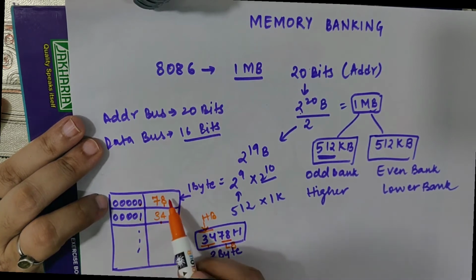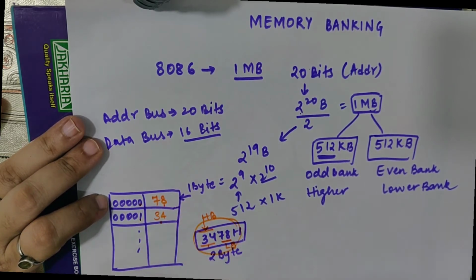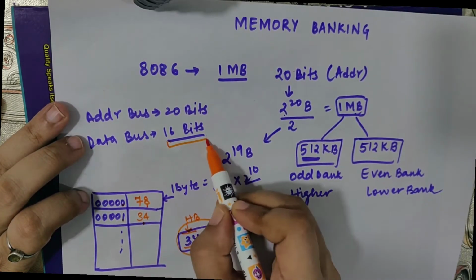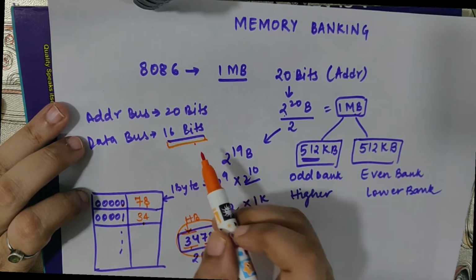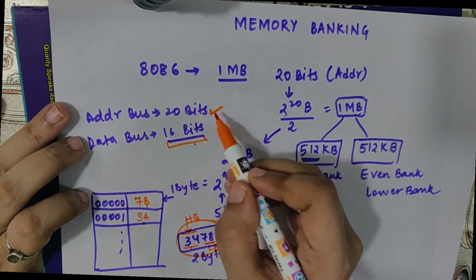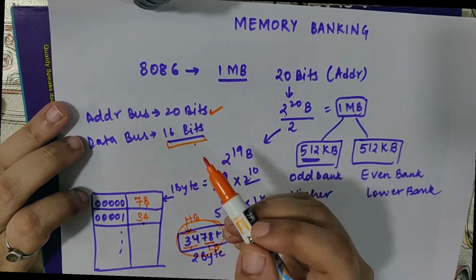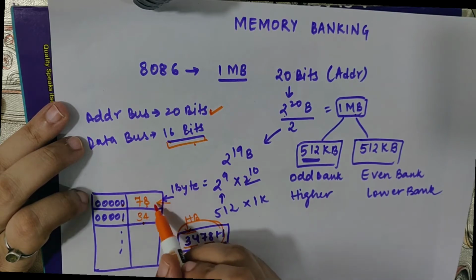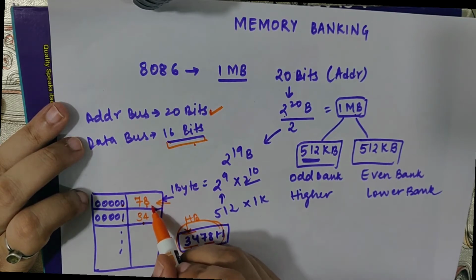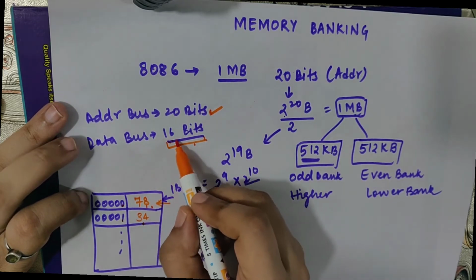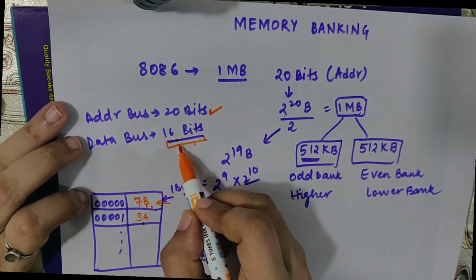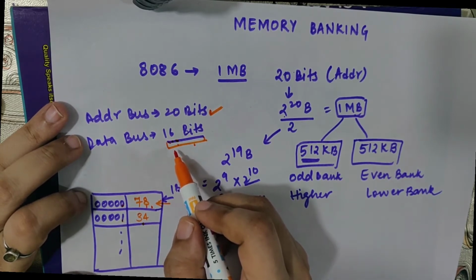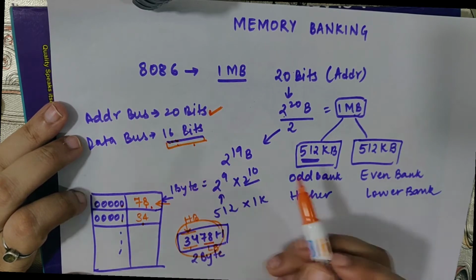Now if I want to access this data again, this is 2-byte data which can come on my data bus in one go, in one cycle. But my address bus is 20 bits, meaning in one cycle I can give only one address, and at one address only 8 bits are stored. So if I'm accessing only 8-bit data in one cycle, only 8 bits of my data bus are used. The remaining 8 bits of the data bus are wasted. That is the problem, to which the solution is memory banking. Now what exactly is memory banking, that we will see.